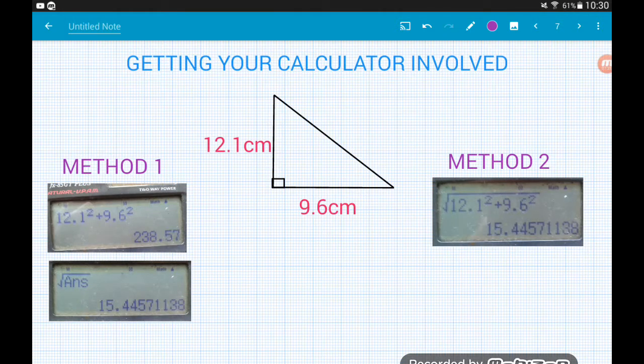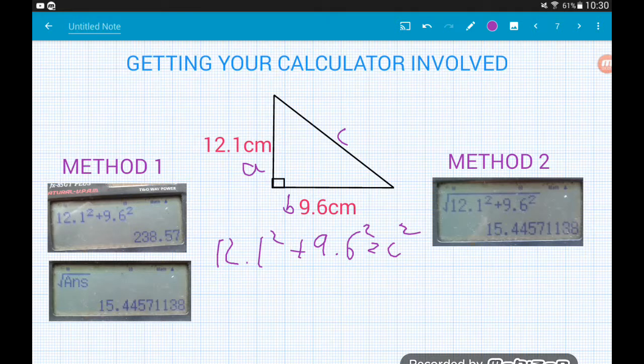So this time we've got 12.1 and 9.6 centimetres. So label our triangle A, B and C. So Pythagoras then would tell us that 12.1 squared add 9.6 squared is equal to c squared. So let's run through the two methods again. So method 1 on the left, I've put in 12.1 squared add 9.6 squared, pressed equals, and then pressed the SD button. So at the moment that's given me c squared equals